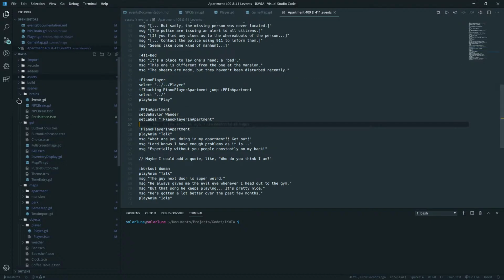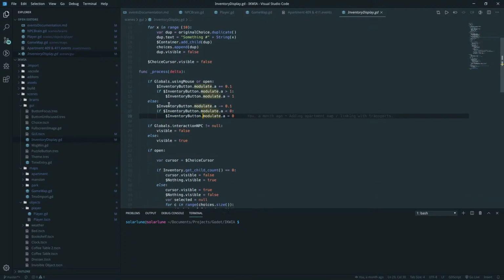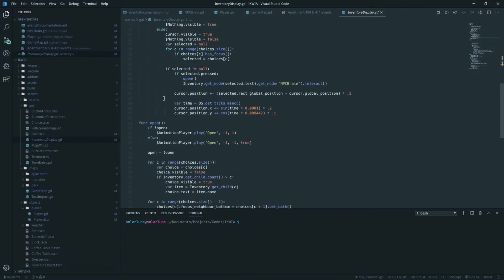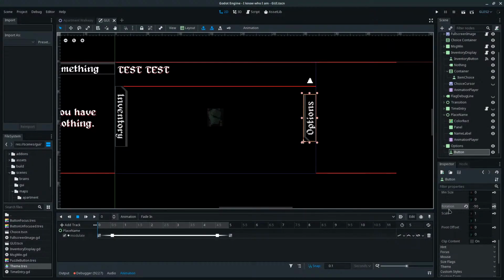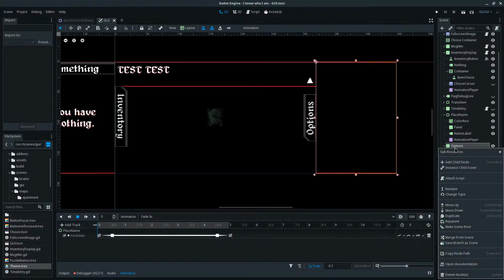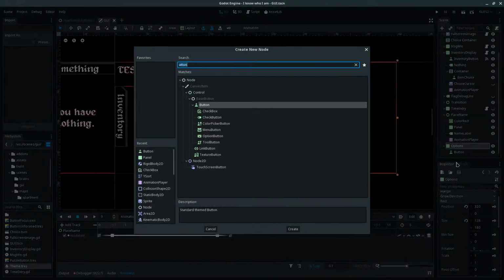We're going to head over to the GUI script for this, which is here. So let's see if open. So it's an animation player that plays the open animation. Okay. I was wondering how I did it before. I just wanted to be as consistent as possible. So we'll make an animation player.